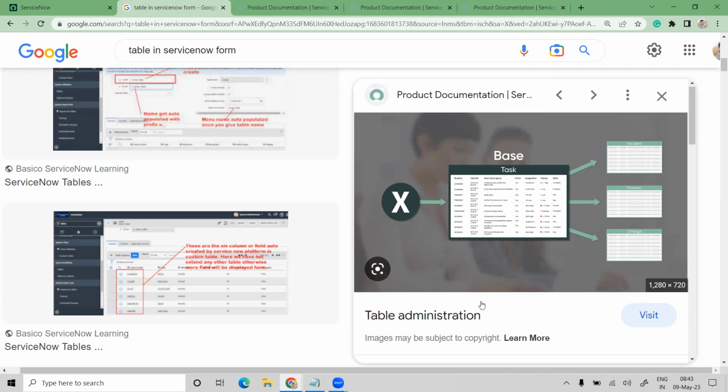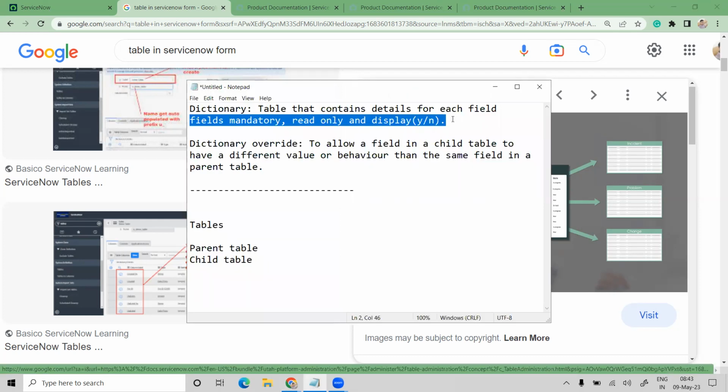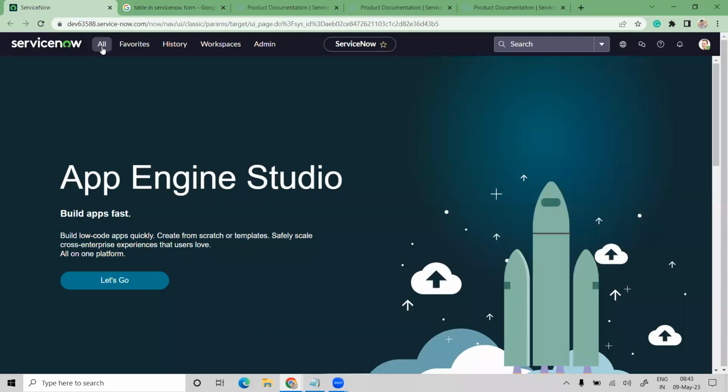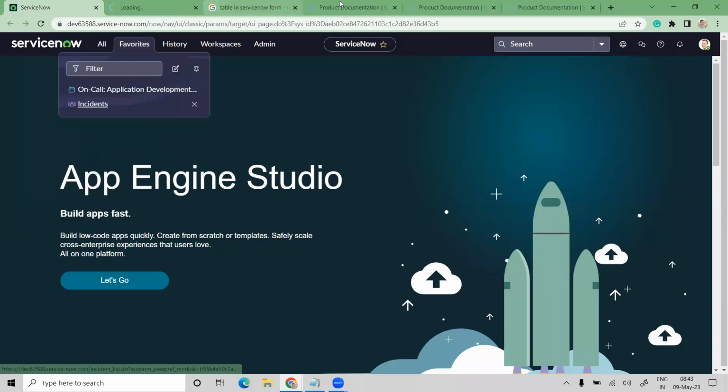Dictionary is something where we set fields mandatory, read only, and display. The dictionary holds all the field information. For example, if I go to the incident table,